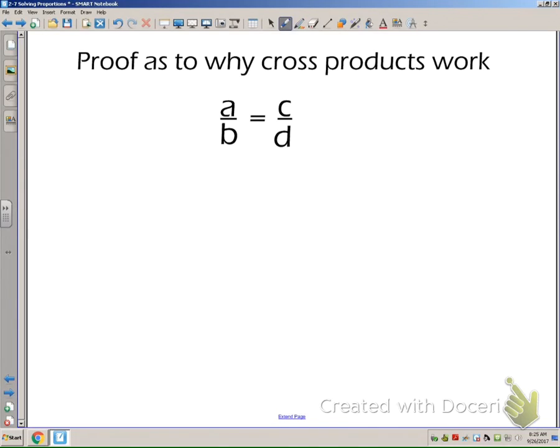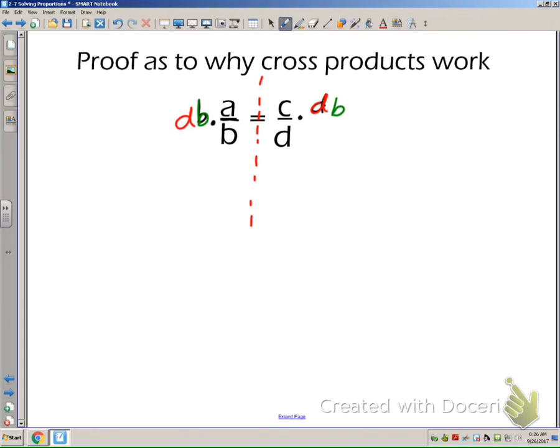So let's look at a proof as to why cross products would work. In the past, I've told you to get the letter on top by itself, that we would multiply by what's in the denominator. So let's say I'm wanting to get A by itself. I want to multiply by B to get rid of that. And to get D out of the denominator over here, I want to times by D. If I times this side by B, then I've also got to times by B over here. And if I times this side by D, then I've got to times by D on this side of the